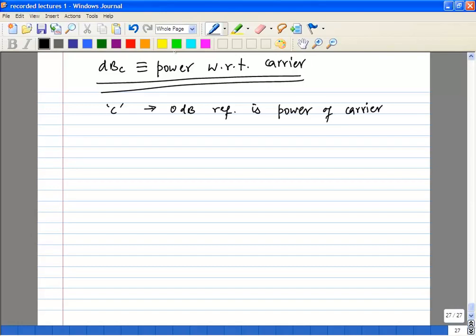A carrier is usually the reference signal. I'll give you a simple example. So this is the reference signal, and you'll see that this is often used for noise or distortion, sometimes interfering signals,